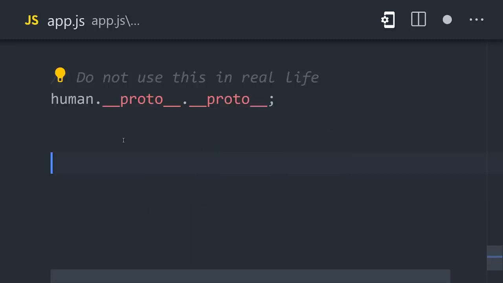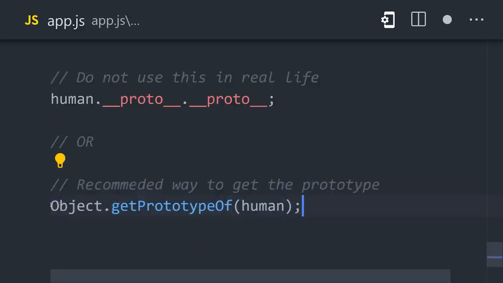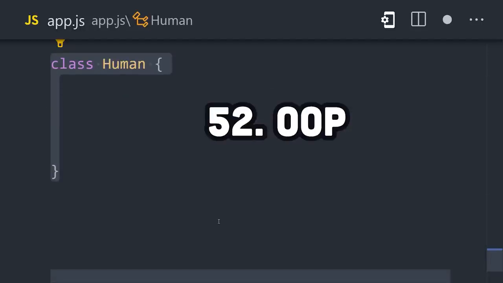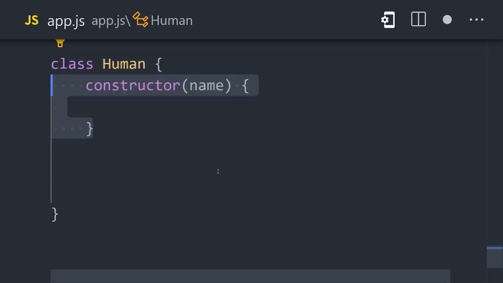This differs from class-based inheritance found in many other languages because we're dealing with real objects that take up memory as opposed to abstract classes in your code. Now, what's confusing is JavaScript supports object-oriented programming with a class keyword. However, classes are just syntactic sugar for prototypal inheritance and objects.